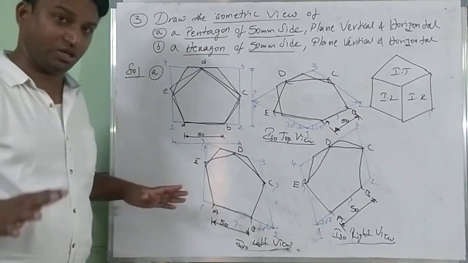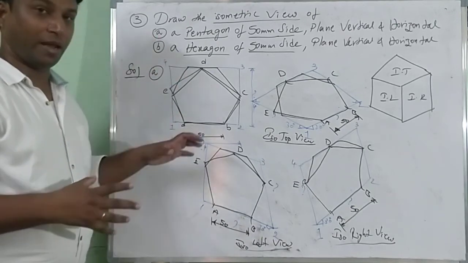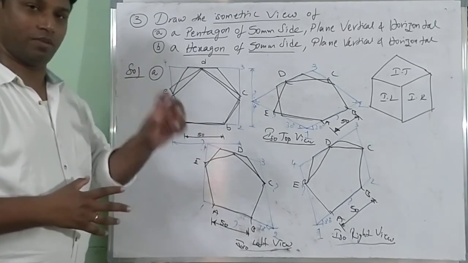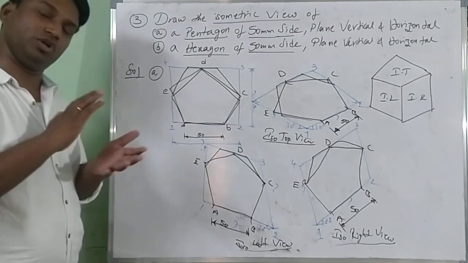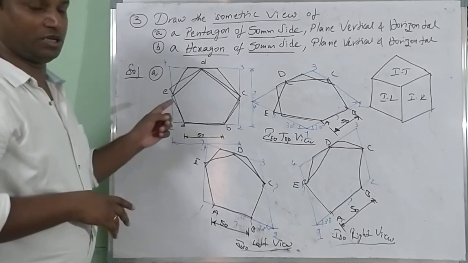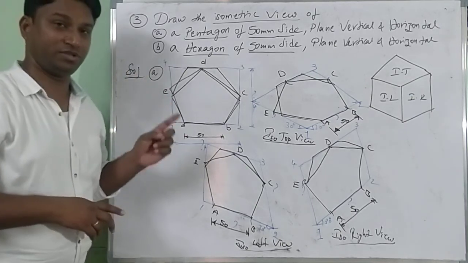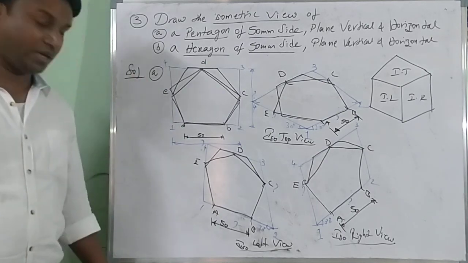No need of a drawing sheet or your drafter. Try to practice them with the help of paper, scale, protractor, compass, with general geometrical instruments. Now when time permits, we will go for drawing sheets and drafter for practice purposes. Now you have to complete each and every question with the help of paper which is available from your side. Right? We will discuss the next problem in the next video tutorial.